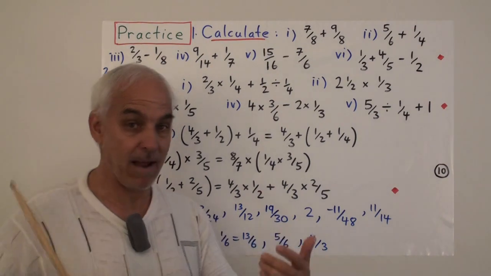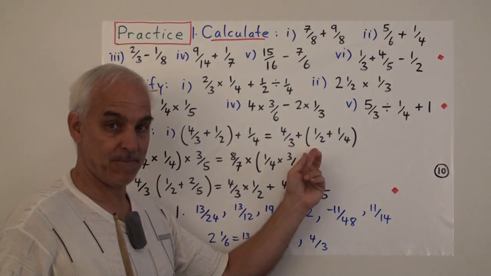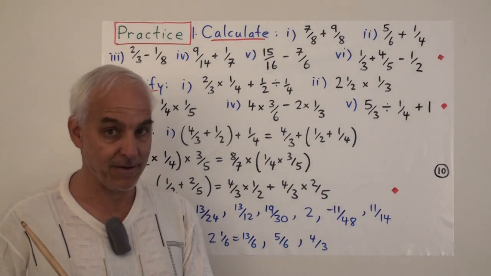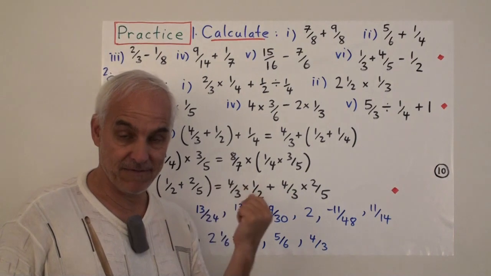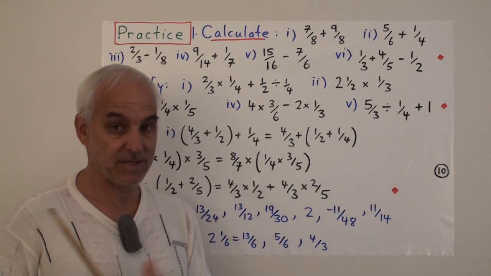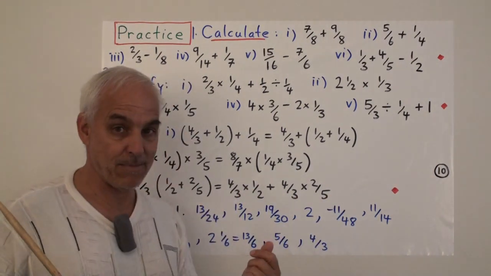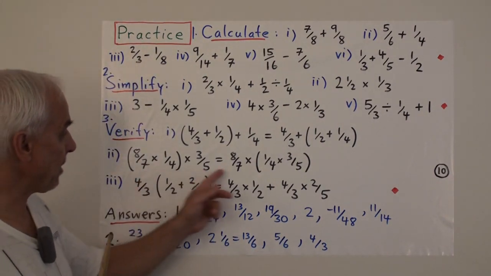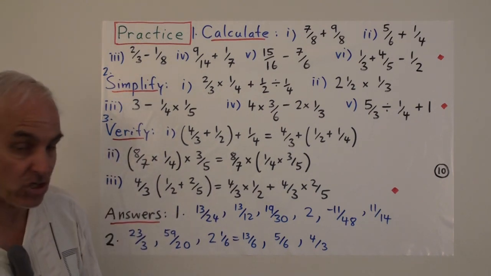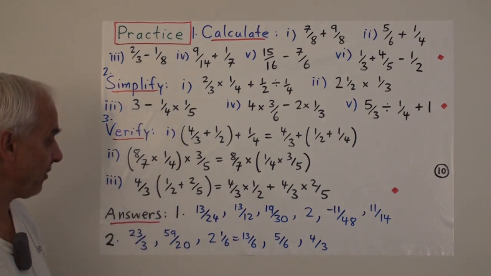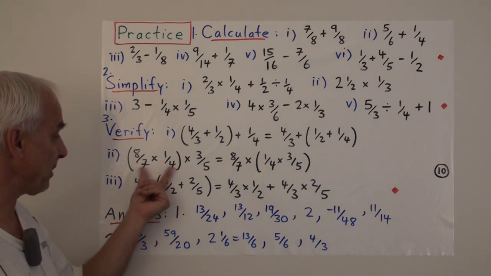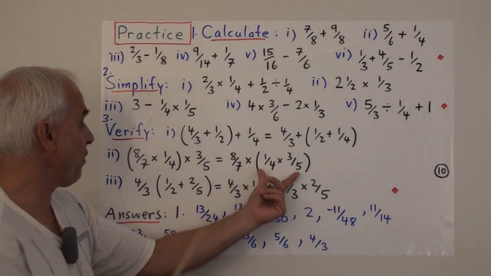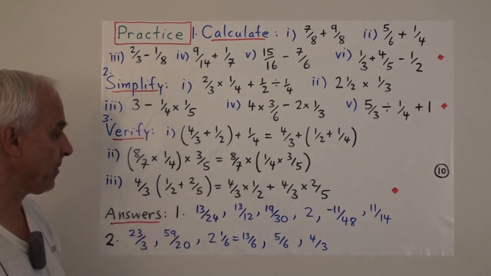Hopefully, you will get the same number in both cases. That's a check for you to see if you've done the arithmetic correctly. Okay, if you get the same numbers for the left side and the right side, then your arithmetic is probably good. If you don't get the same numbers, then you need to go back and check your arithmetic. Here's the same kind of thing with the associative law for multiplication, which also holds for fractions. These 2 fractions multiplied together times this third one is the same as the 8/7 times the product of 1/4 and 3/5 in that order.